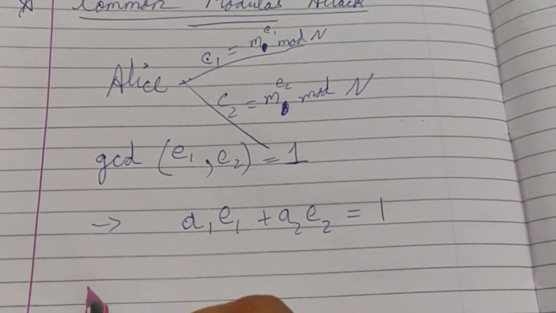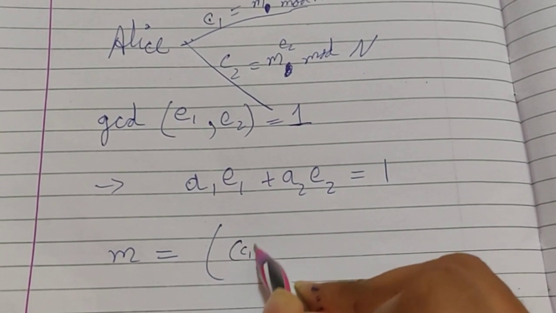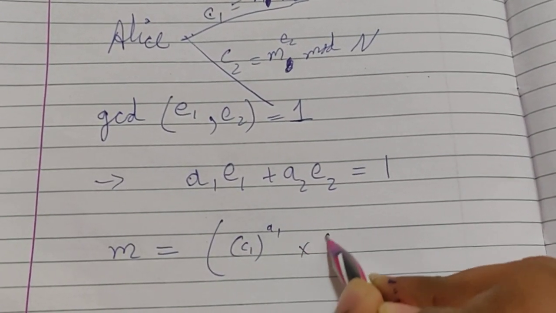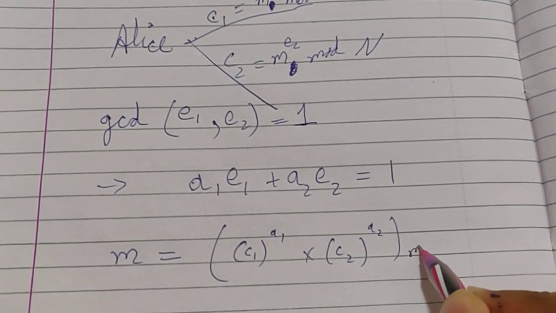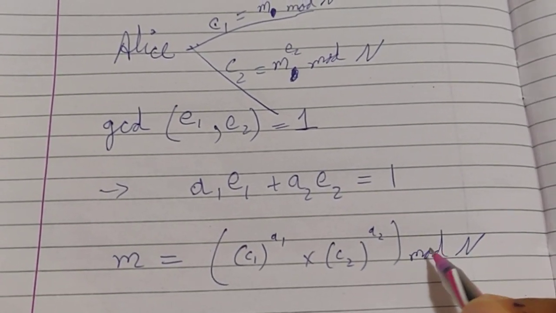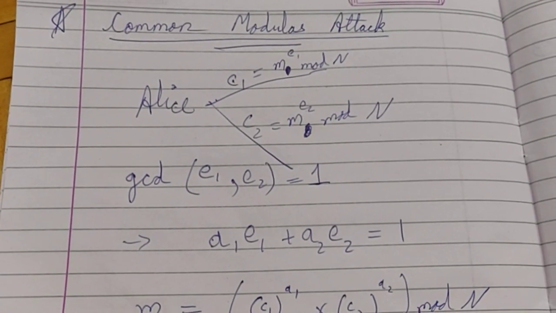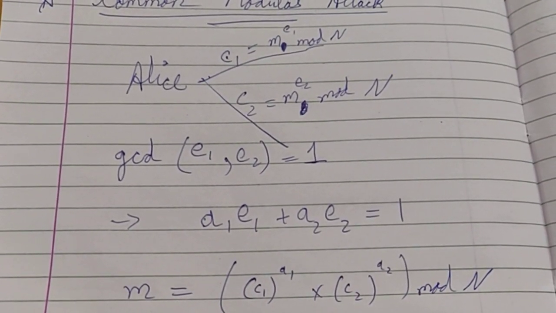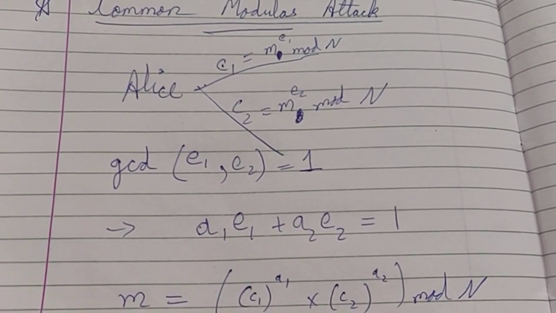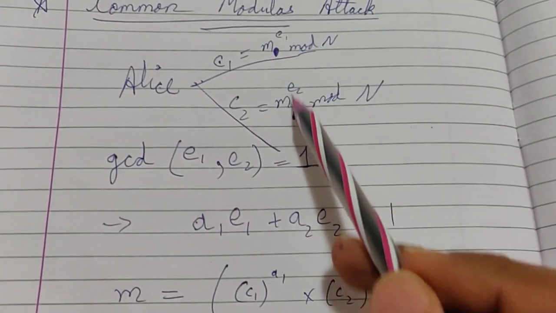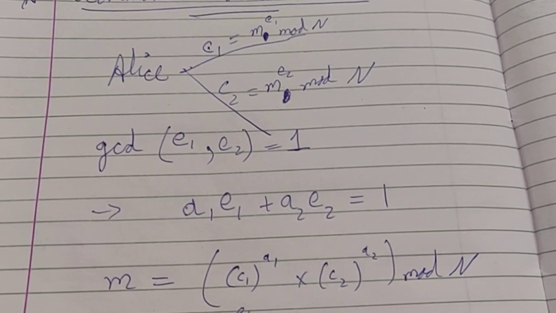So now how can you find the message? To find the message, the formula is C1 raised to A1 into C2 raised to A2 mod N. Now C1, we all know, is equal to M raised to E1 and C2 is equal to M raised to E2. You can check it over here. So now if we put these values, we get the answer as